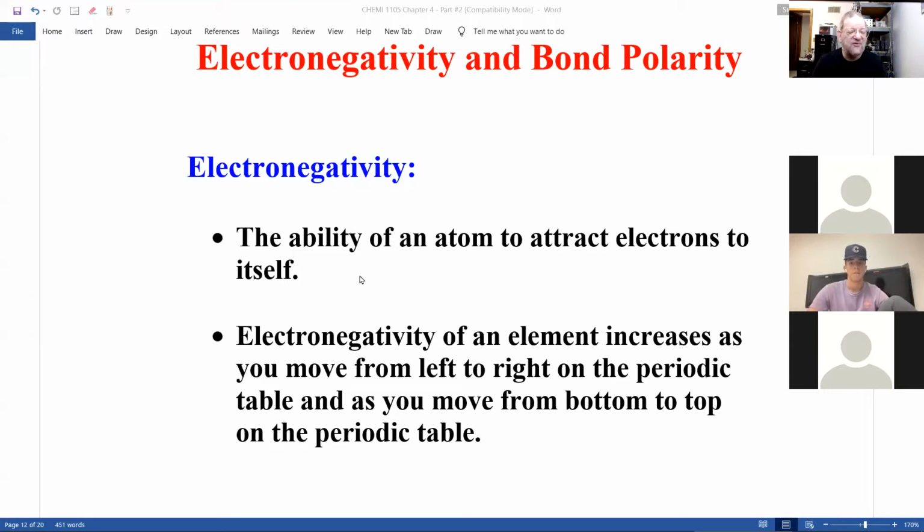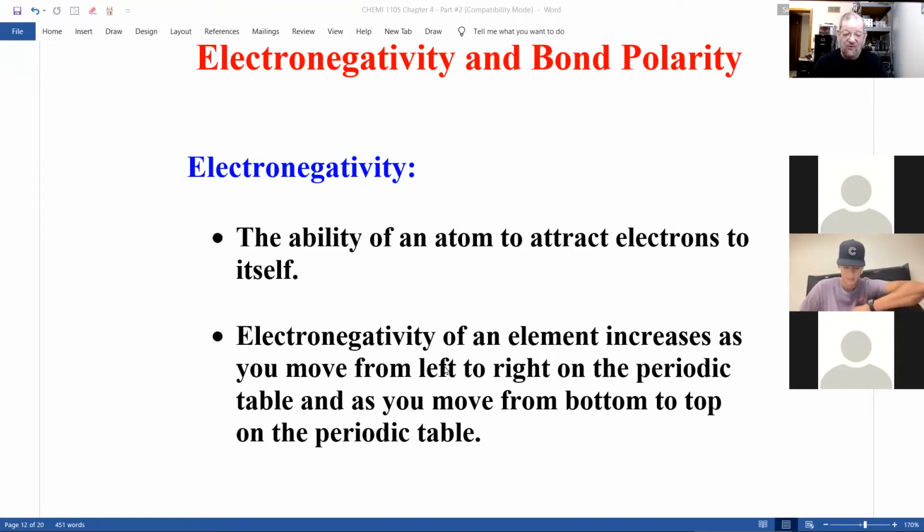All right, let's talk about electronegativity. Bet you didn't learn that one? No, you were going to learn a lot of neat words in my class. You will. Electronegativity is the ability of an atom to attract electrons to itself. Think of electronegativity as how strongly an atom of an element keeps the electrons in a chemical bond closer to itself. Now, this is important.